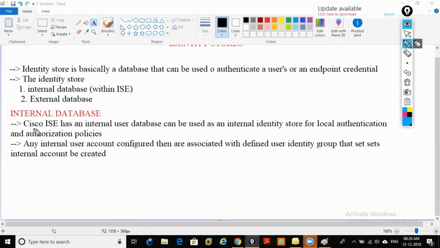So you got this idea, Cisco ISE has an internal user database, which is used as an internal identity store,